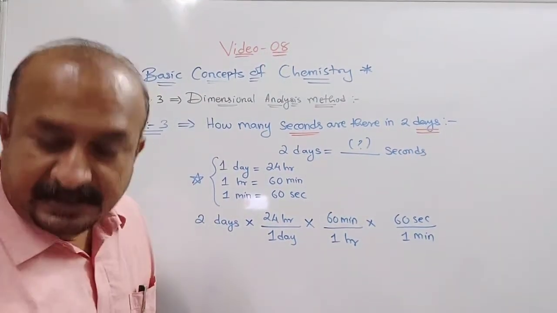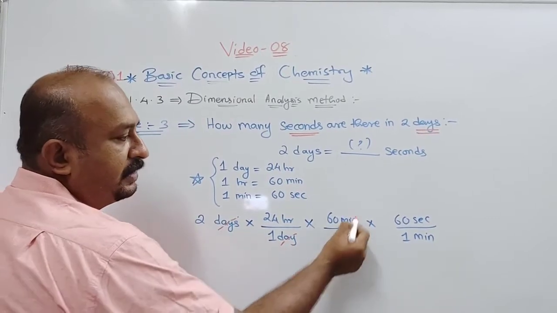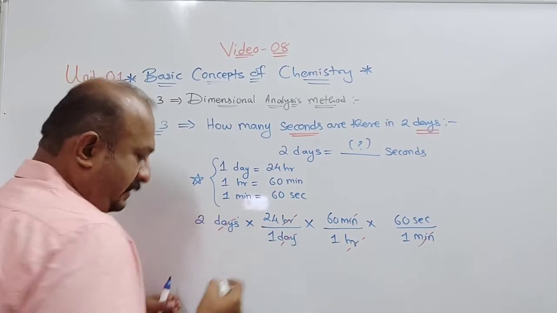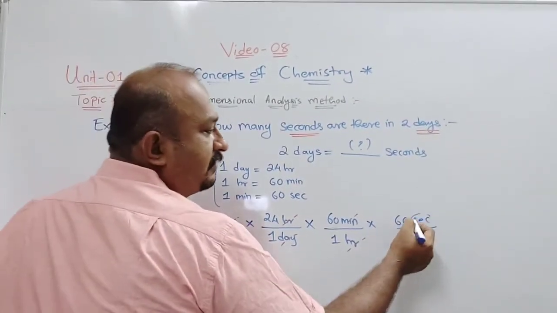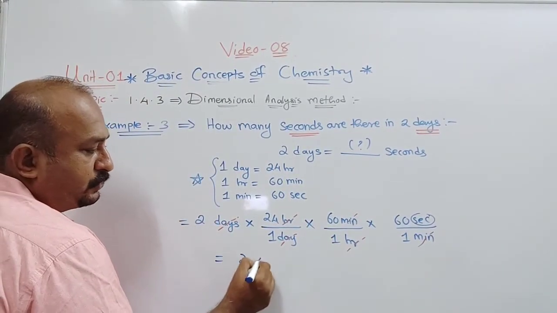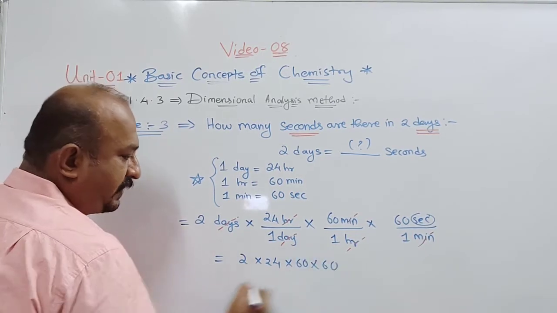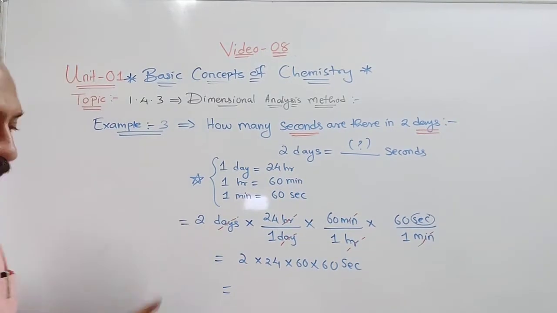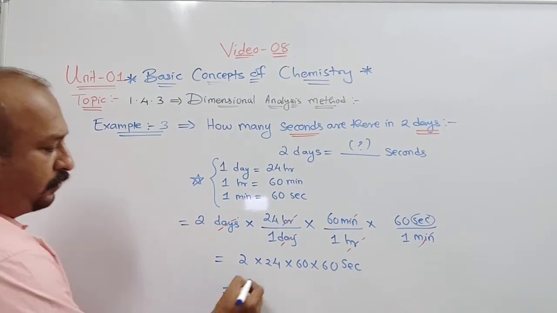Understood? Now you can see very easily you can cancel. Days got cancelled, minutes got cancelled, and hours got cancelled. Understood? So now what is remaining? Only one unit, that is our second unit. So the numbers now you can add here. That is 2 into 24 into 60 into 60. Right? And here, seconds. Understood? So now if you calculate this, it will equal to